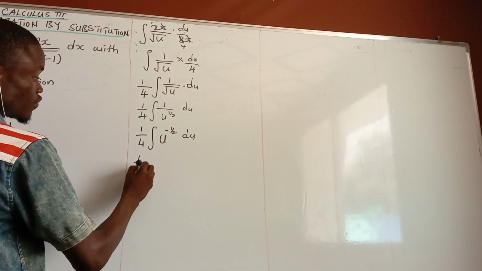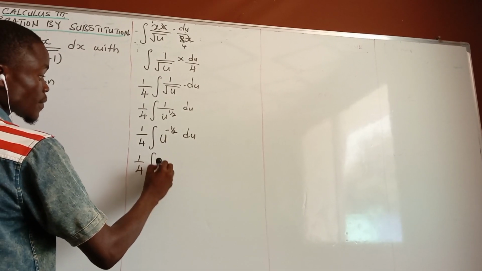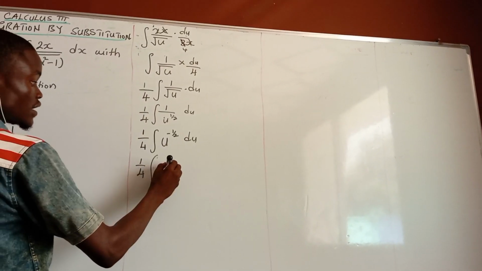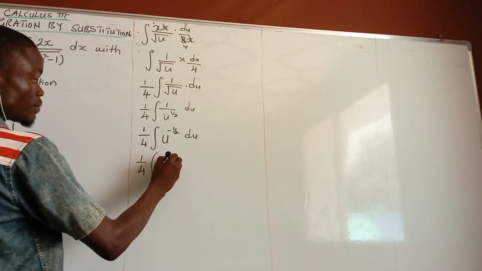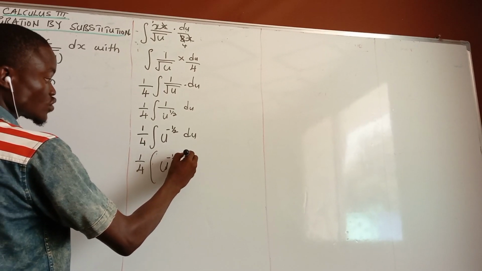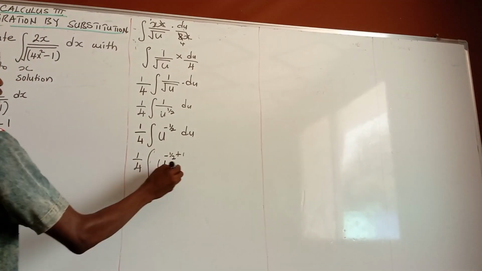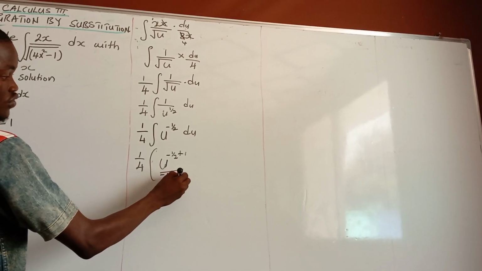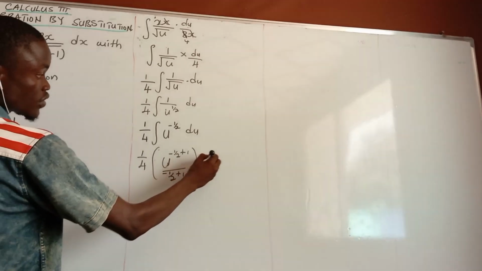So 1 upon 4, the integral. Now let us integrate. So u raised to the power minus half plus 1, all divided by minus half plus 1, bracket close, plus